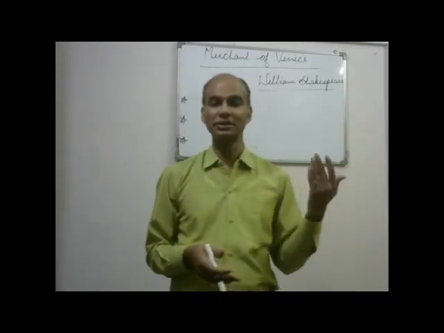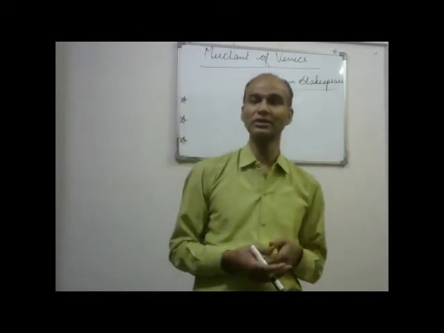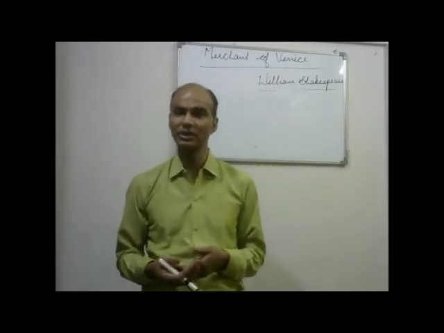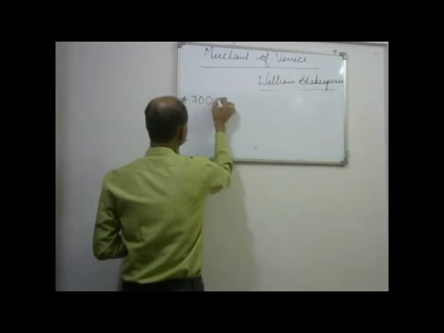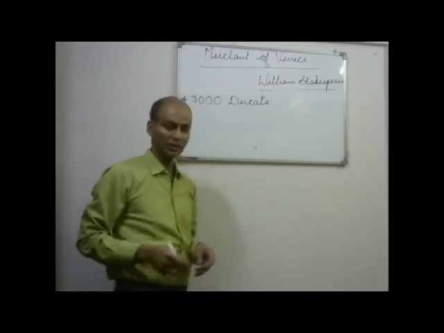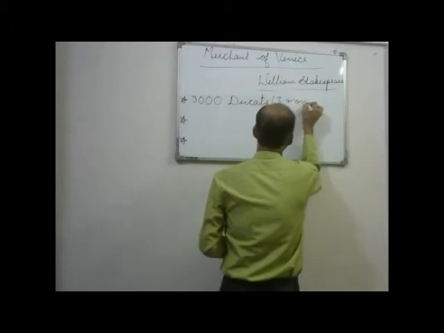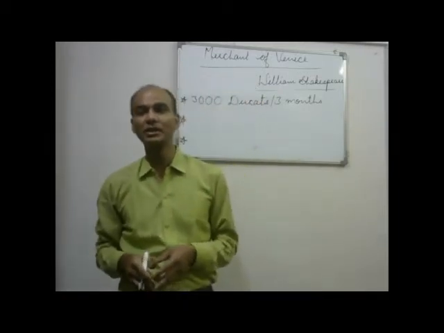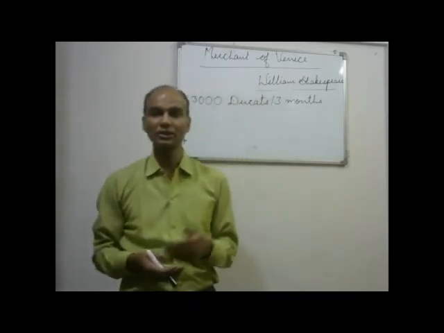So Antonio and Bassanio went to Shylock, and Shylock at first was not ready to lend them money, but then he said, okay, I'll lend you, and he asked how much. They wanted 3,000 ducats, and that too for 3 months. So okay, he agreed to that, I'll pay you, but then he wanted a bond to be